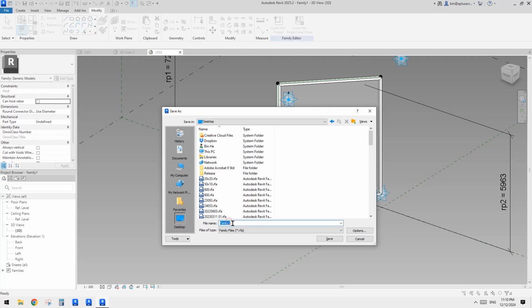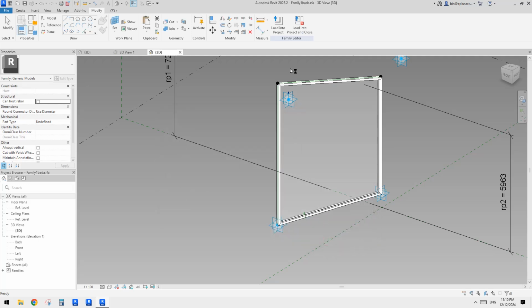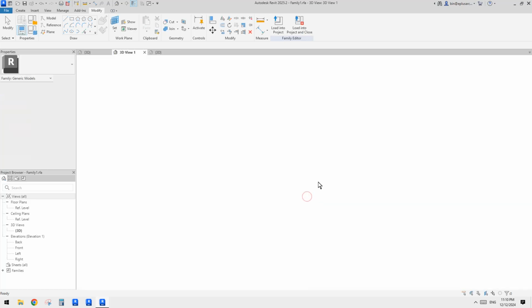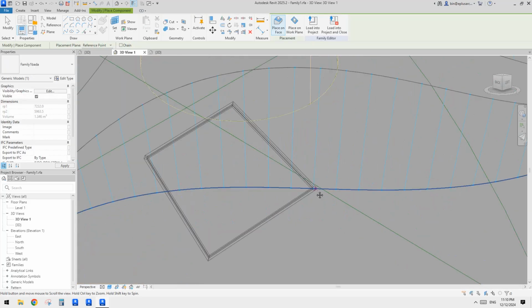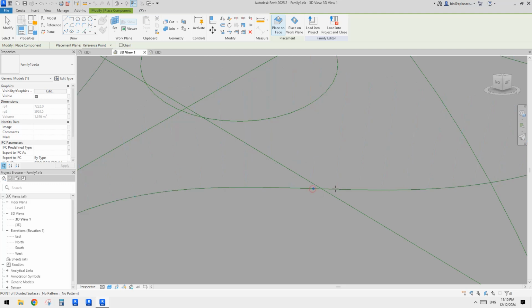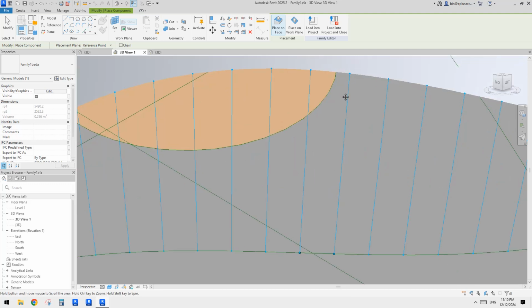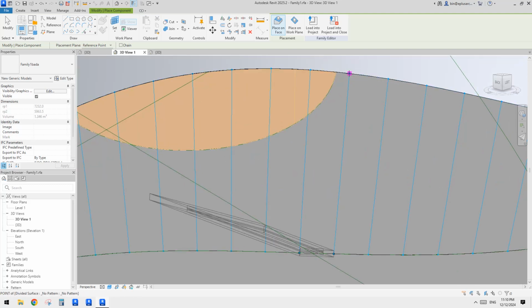Okay, I'll call it. Okay, so that's it. And load this one into the family one, so we can place. Okay, so now let's place 1, 2. Just be careful, so you can see. You need to be very careful. So you need to make sure you see this